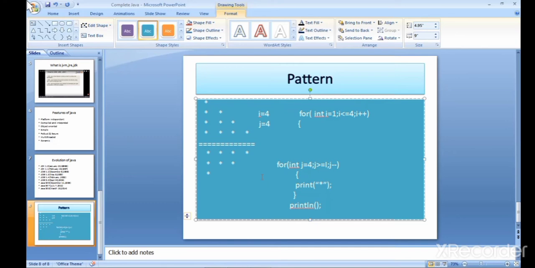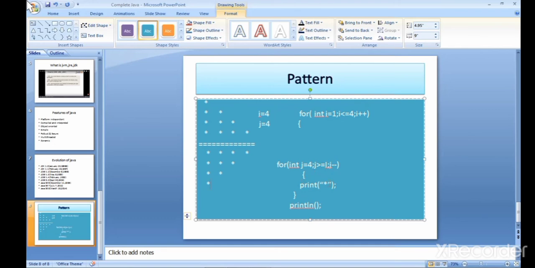So if you want to print this kind of pattern, then we use for int I is equal to 1, I is less than or equal to 4, I plus plus, and then curly braces start, and the second loop for int j is equal to 4, j is greater than or equal to I, j minus minus. Then we are going to print a star.